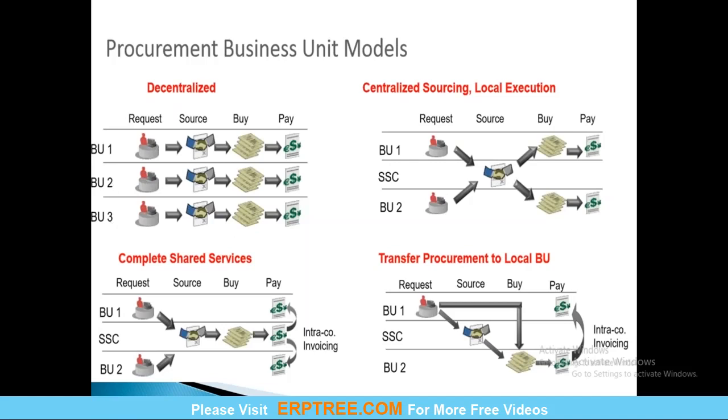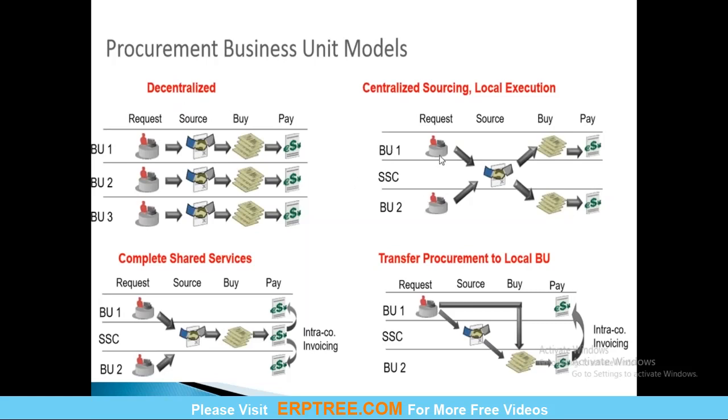So your BU1 is requesting, that means creating the requisition, sourcing the item, then buying from the respective supplier and paying. Each of these activities will be performed by the respective BU. That is what decentralized means, where you have no connection between one BU and another in performing any of these activities. But when it comes to centralized sourcing,